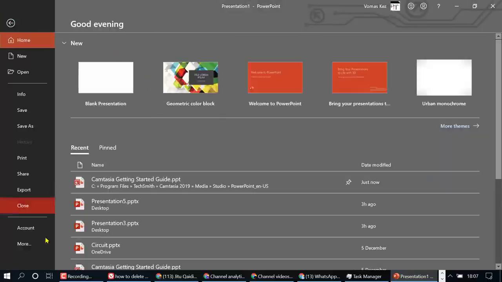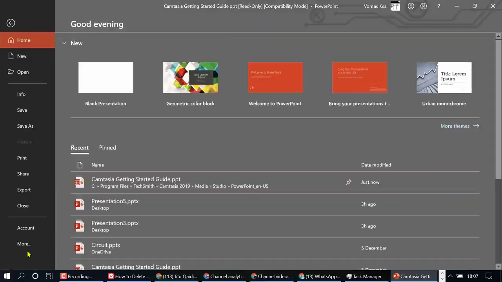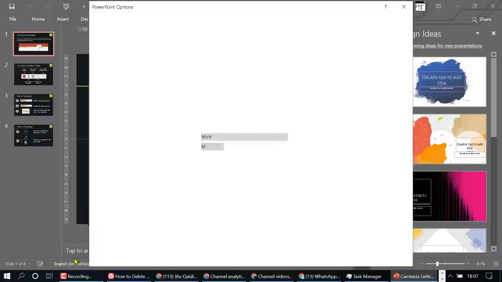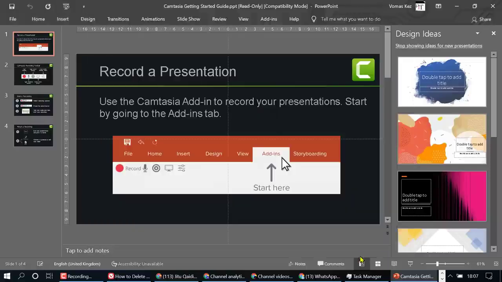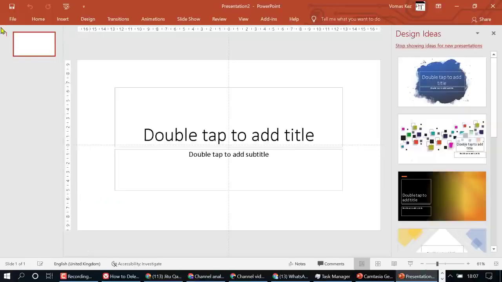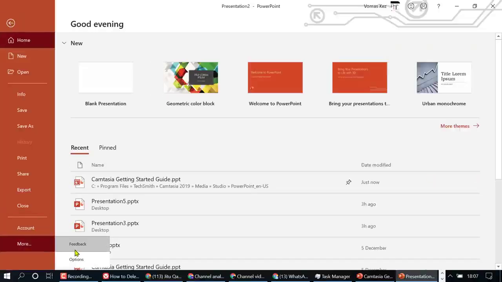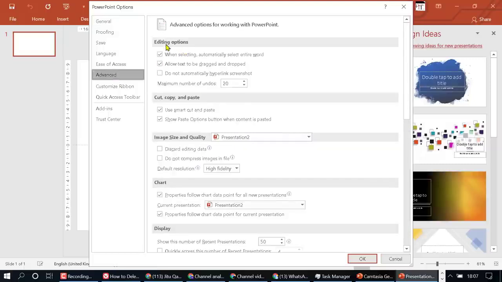So to change this theme, so file, more options, and theme colorful. Okay. New. So ease of access we discussed before. Now advanced. So in advanced editing options, when selecting, automatically select entire word,